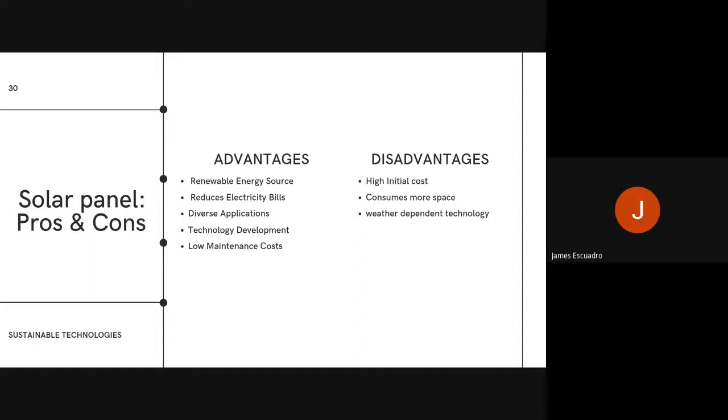But for the disadvantages, the initial cost really is quite expensive. I have a solar panel in my house, so yeah, it really got quite expensive. Next is consume more space, if we are talking about if it's placed in a